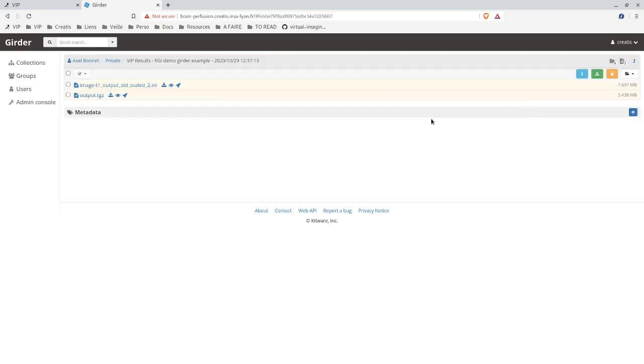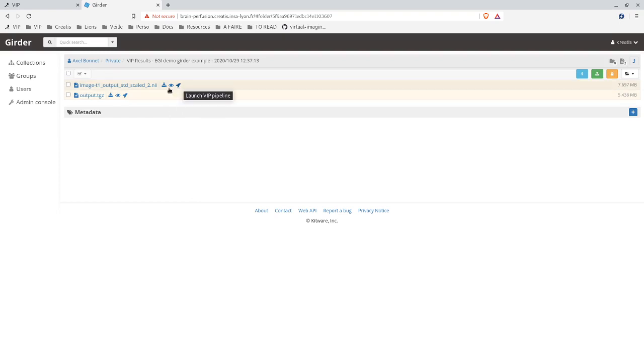I click on it. I can see these results are stored in Girder. I can download them. I can move them in the collections. I can share them with who I want. So in summary, I can manage my data as I want. I can also start a new VIP execution on these output files.